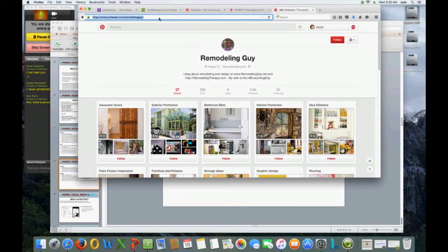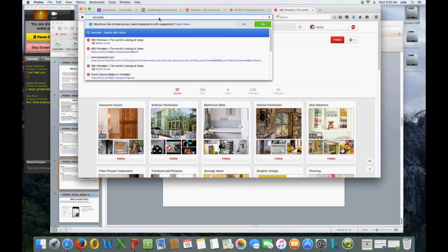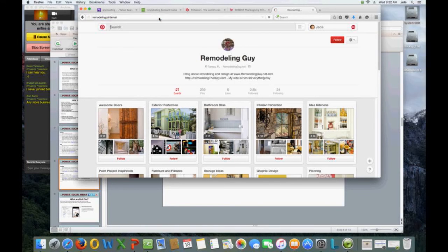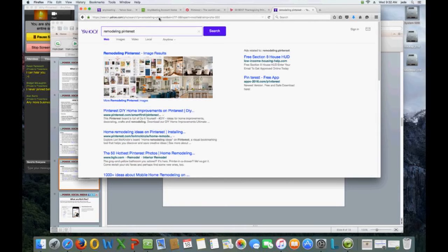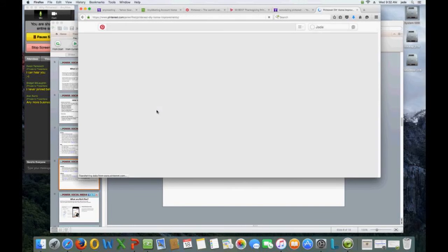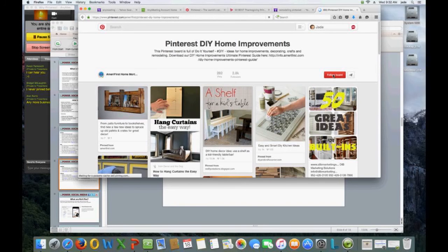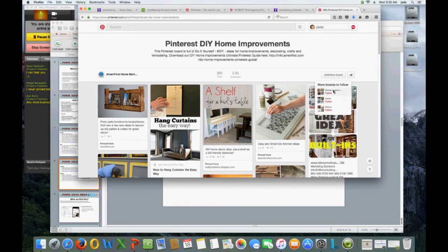But let's do another search. Remodeling Pinterest. I just picked this one business now. When you start following them, it's very easy. Then you just go and find more blogs or more Pinterest accounts to follow.